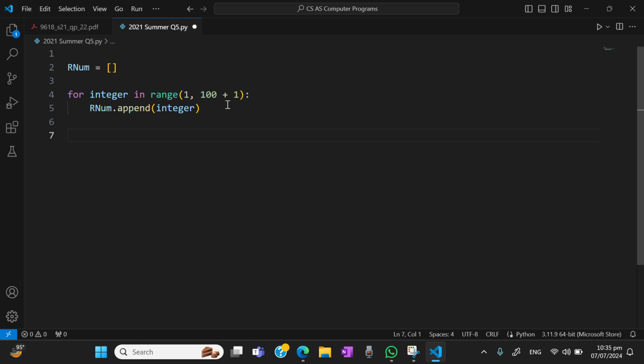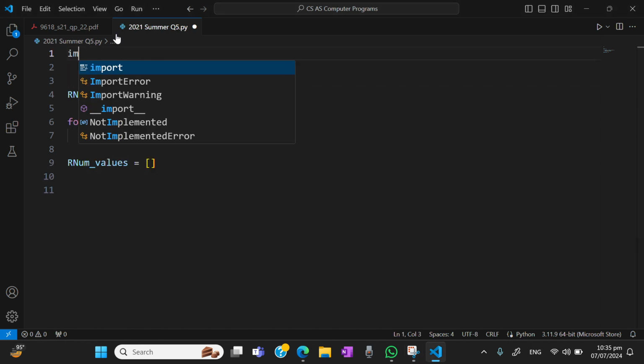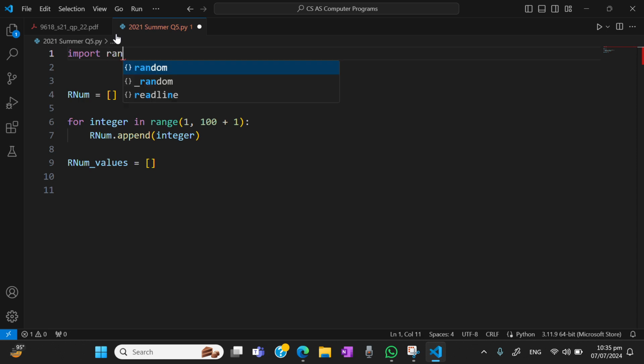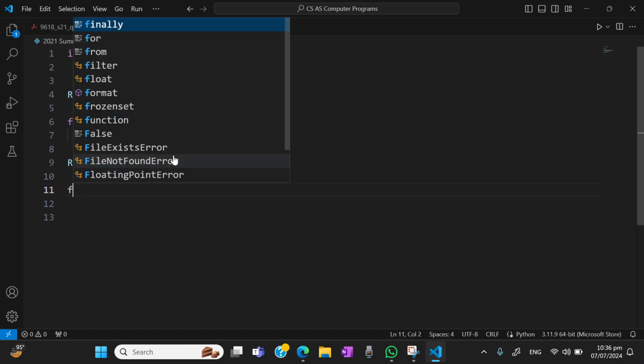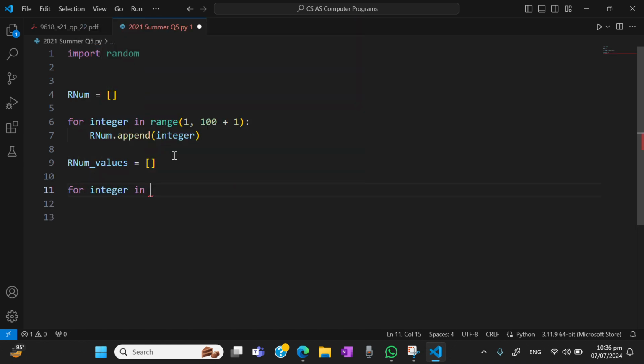Now let's say our num values, right? And we're going to make it a new array. And in order for us to import it, I'm just going to go at the top of the program and write import random, right? And now for each integer in range again, but this time, oh, wait a second. I'm sorry. I don't really need to do it this way. For each integer in rnum,